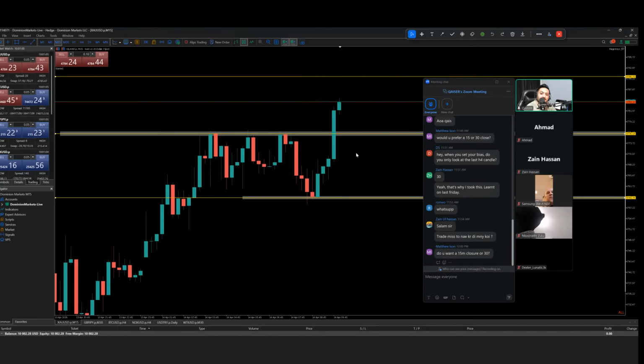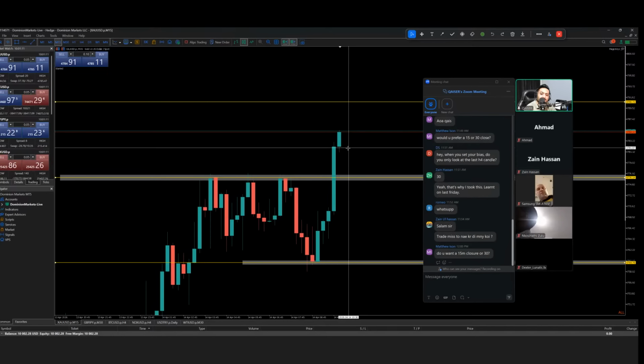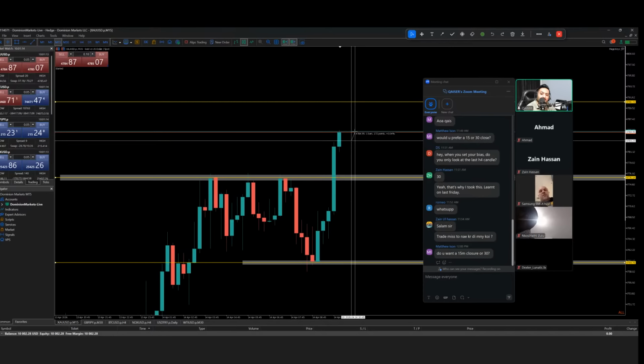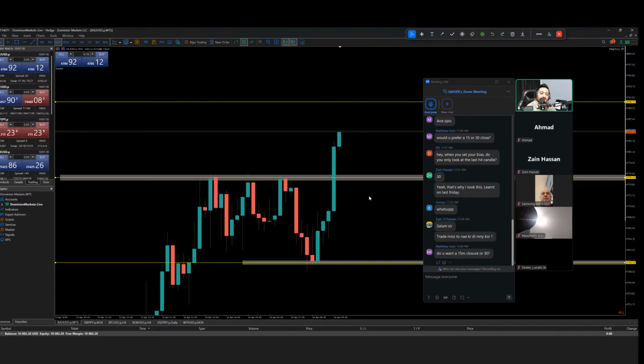So let's see. All I need is a candle to give me some kind of confirmation so I could give my trade a chance. Damn, it broke above the high in the first 12 minute as well. Wow, not comfortable. Okay,